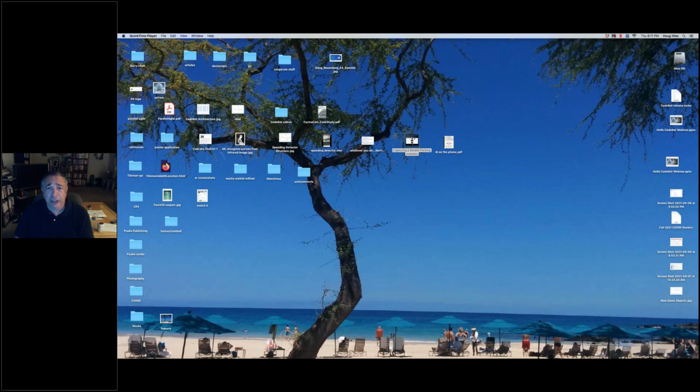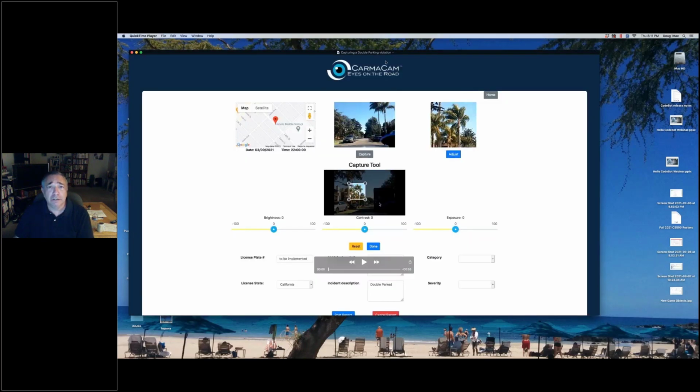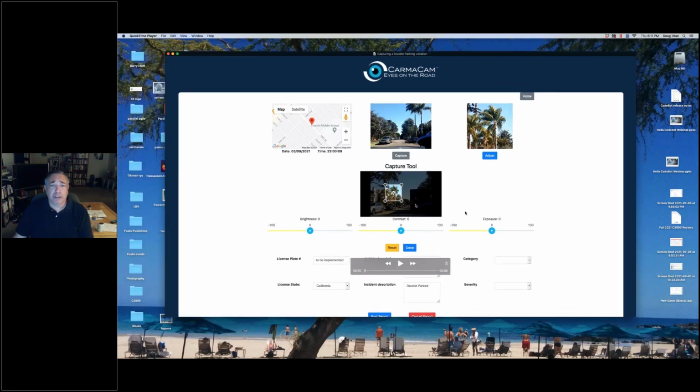I'm going to show you a video of basically capturing a double parking violation. Again, the database and the API for this is built with CodeBot. This web application is built by hand using AngularJS, but we're working on a CodeBot generated version of it.